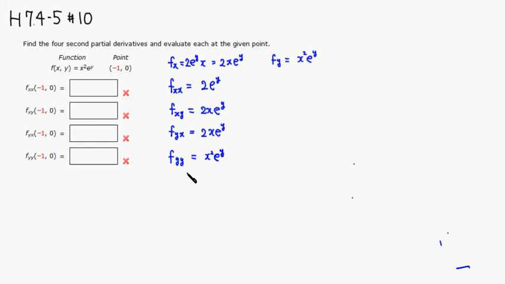Then we just need to evaluate these at -1, 0. So x is -1, y is 0. So this is going to be 2 times e to the 0, which is 1, so it's 2. For 2x e to the y with x equals -1 and y equals 0, it's -2 times 1. Here it's the same thing, it's -2. Here, if you plug in, -1 squared is 1, so it's going to be 1. So let's type it in,